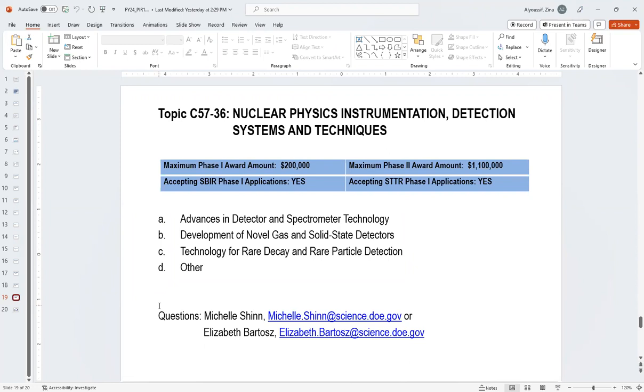To some extent, this would be ATLAS at Argonne, but very much so FRIB at Michigan State. So those two are the main users of that. To some extent, it could be used probably at the 88-inch cyclotron at Berkeley Lab. So that's it. And then we have other. Elizabeth, do you have any further comment?